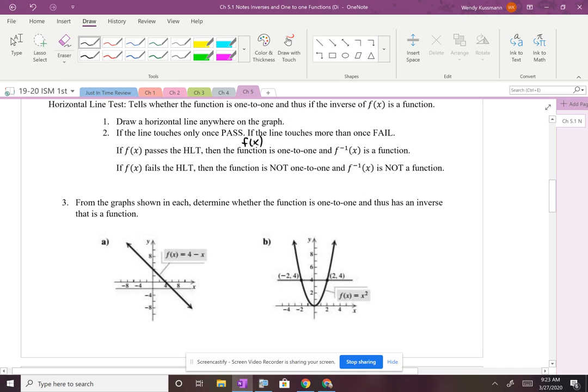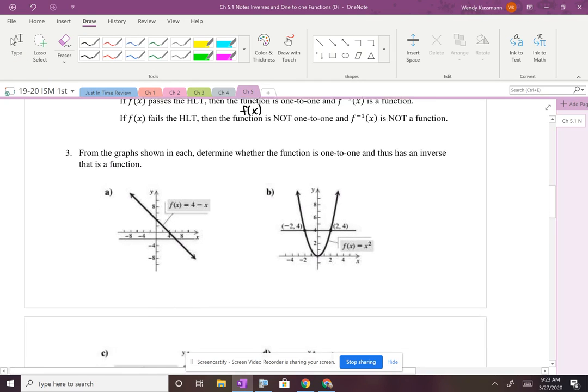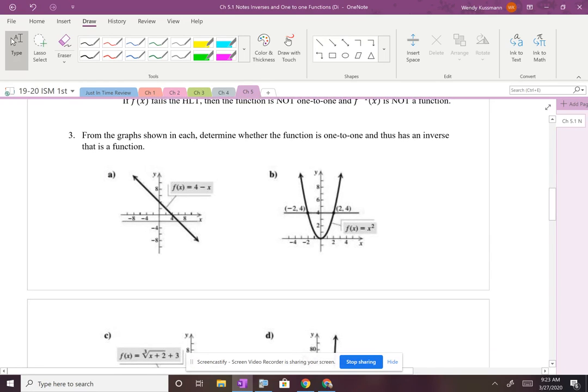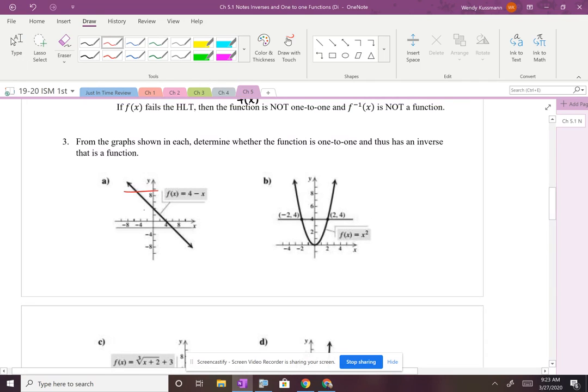If f of x fails the horizontal line test, then f of x is not one-to-one, and f inverse is not a function. So being one-to-one and the inverse being a function, and not being one-to-one and the inverse not being a function, that's directly correlated. From the graph shown in each, determine whether the function is one-to-one and thus has an inverse that is a function. So if I look at letter A,